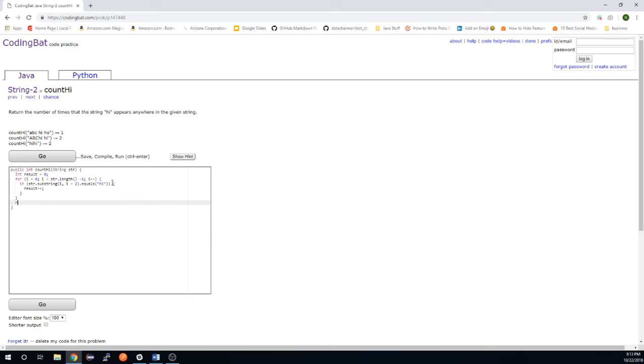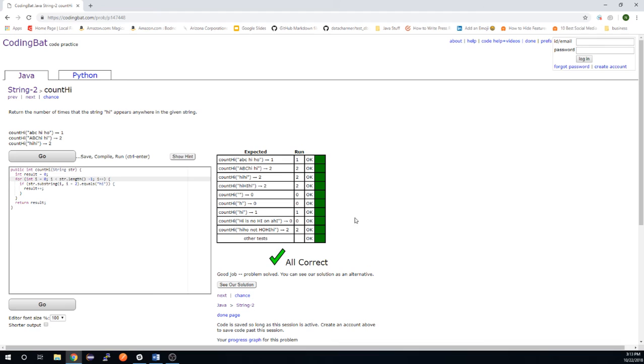At the very end, we want to return our result, which is the count of how many times it said hi. So let's run this. We've got a compile error, cannot find symbol i on line 3. It's because I have to put int here. So int i equals 0, run that. We can see that all of the tests